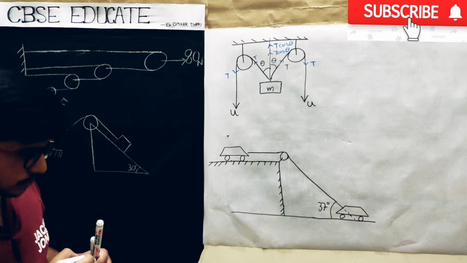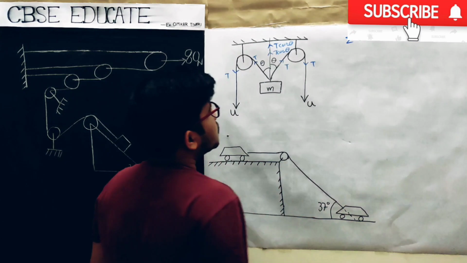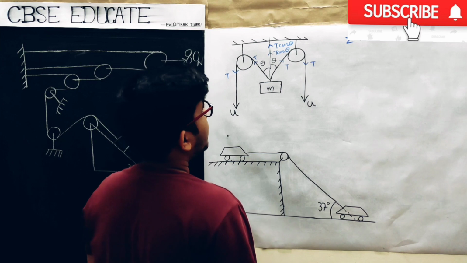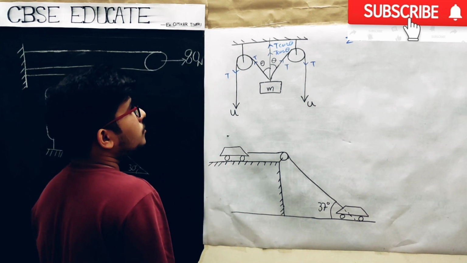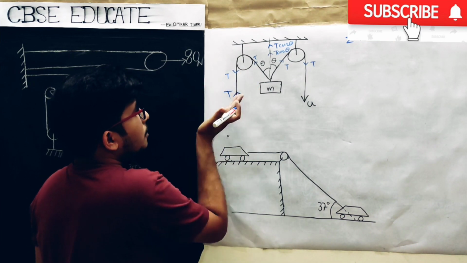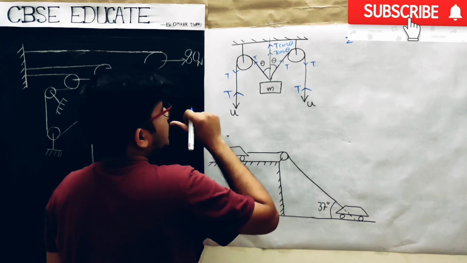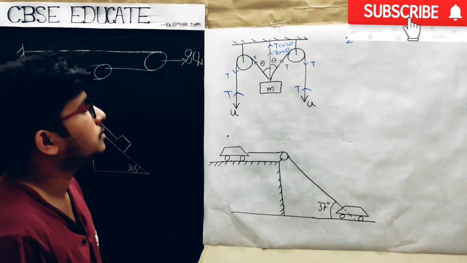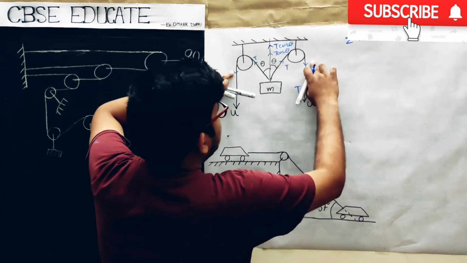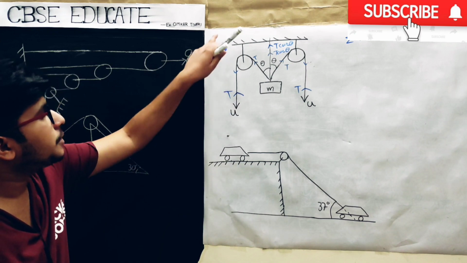Now applying sigma T dot A equal to 0. See, the tension in this string will be opposite to the u, away from the point. I have written this just to show the tension in the string, but the direction will be this one, not this. The direction in this string is going to be upward, because we are pulling it downward, so the tension will be upward.